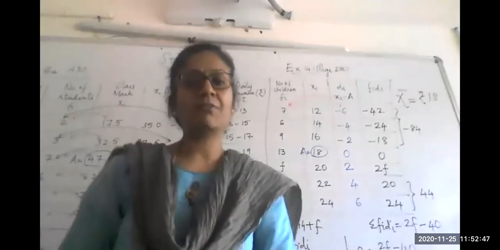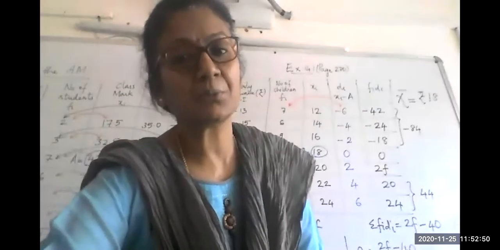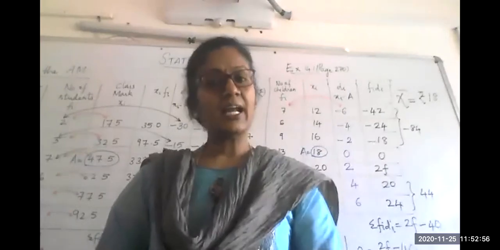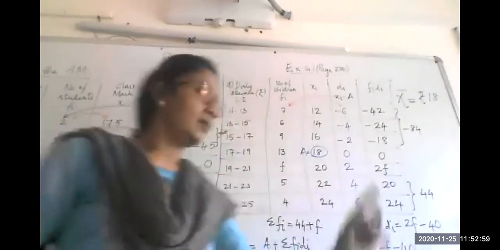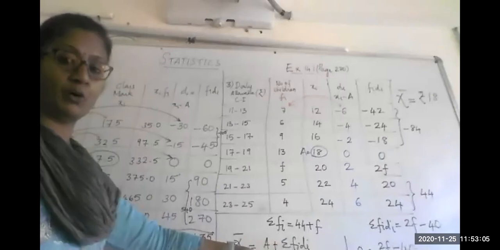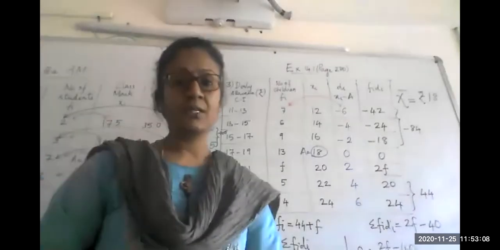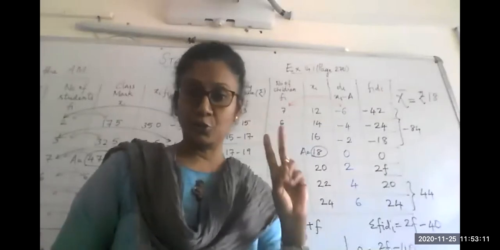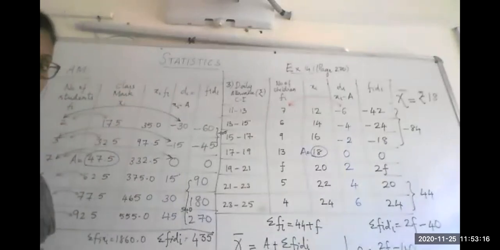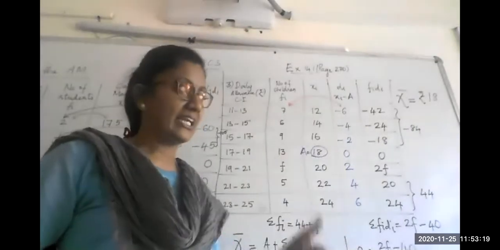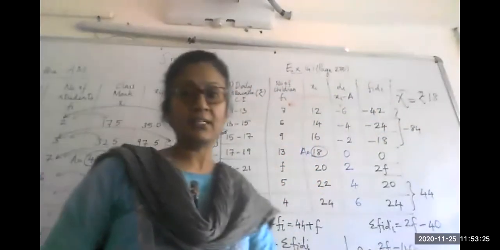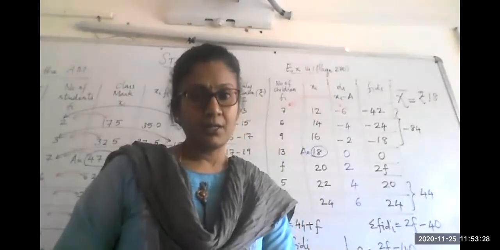Now at least we know, given a distribution, how to find the arithmetic mean. So more practice you can do on your own. You can try the exercise problems and see how conveniently you are able to find all the columns according to your method, that you recall the formulae and substitute. Remember, for arithmetic mean, we have learned two major categories of problems. The distribution is given and the arithmetic mean is asked. Second, the arithmetic mean will be given and you will be asked to find one of the missing frequencies. Clear?